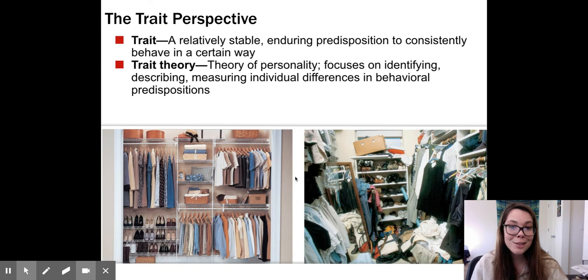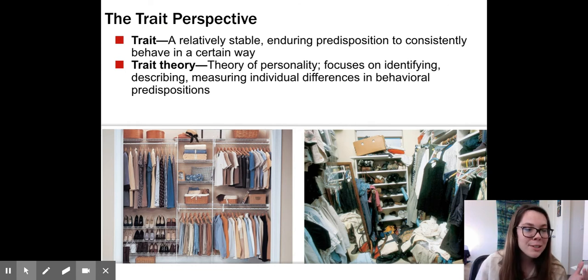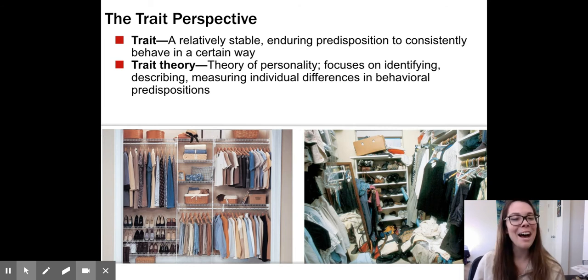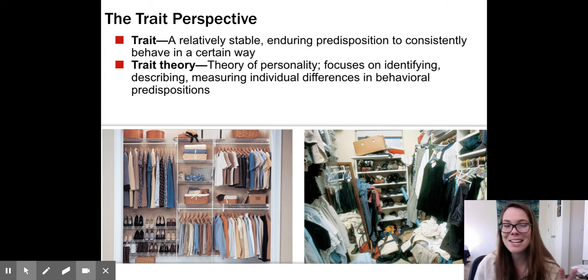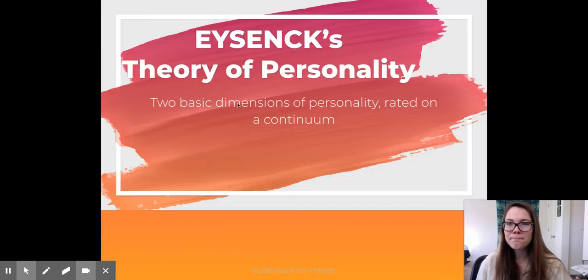And so if we look at these two rooms, I would usually ask you all, which room is yours? Feel free to comment on this if you wanted to tell me which room is yours. I'm leaning more towards this side, my friends, but we all know I'm a type B, so we can kind of tell. My past TAs would clean my desk once a month and I wouldn't ask, but they're just like, I can't do it at this age. And I'm like, I don't know what to tell you. It's organized chaos. So let's move on.